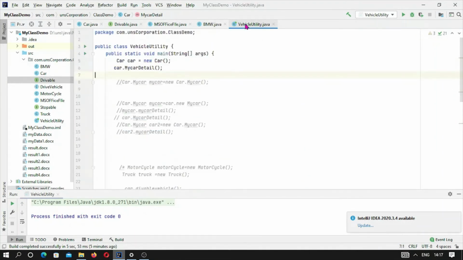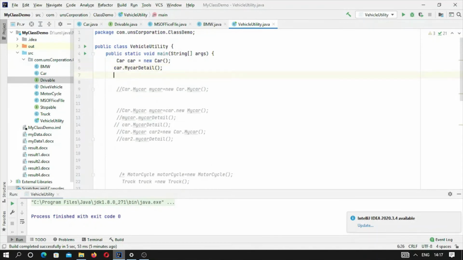There is no need to implement it separately; we can directly create an anonymous class without any name. So what we can do here is simply call this interface. Suppose its name is A, and we create it with new, drivable.